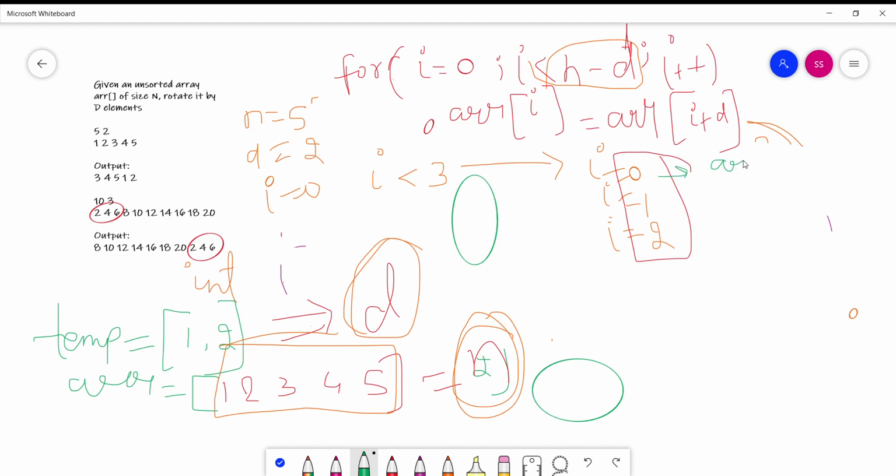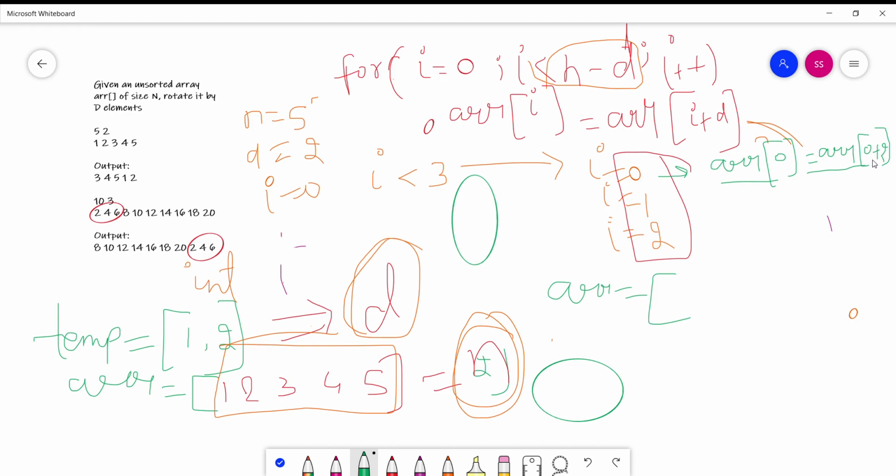Now according to the logic, what happens when the value of I is 0? ARR of 0 equals ARR of 0 plus 2, because the value of I is 0 and the value of d is 2, so it becomes ARR of 2. So ARR of 0 equals ARR of 2.